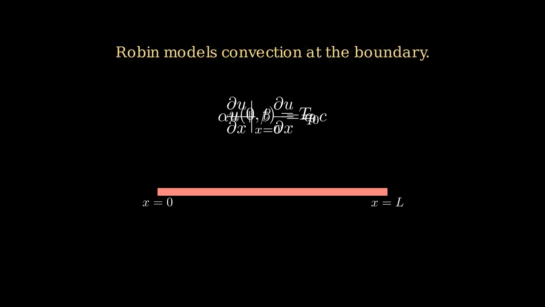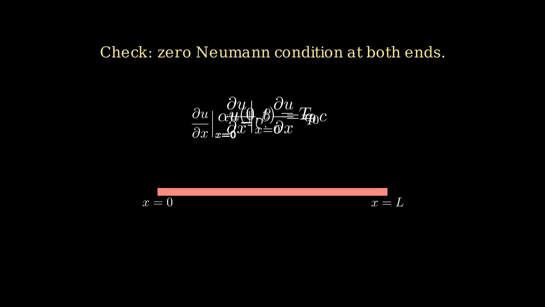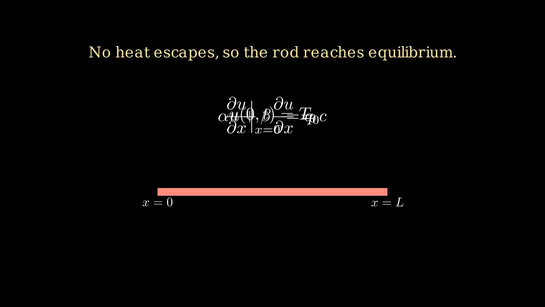Let us check our understanding using the insulated case. Suppose we apply a Neumann condition of 0 at both ends of the rod, so curly du by curly dx equals 0 at x equals 0 and also at x equals the length capital L. Since no heat can escape through either end, none of the rod's thermal energy leaves the system at all. So instead of cooling down to match the temperature of the outside world, the rod simply redistributes its own heat internally, settling toward a single, constant equilibrium temperature,